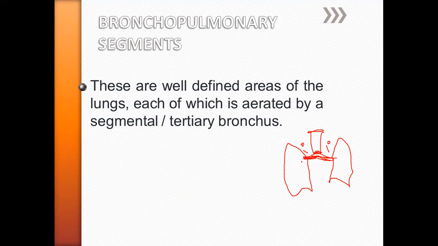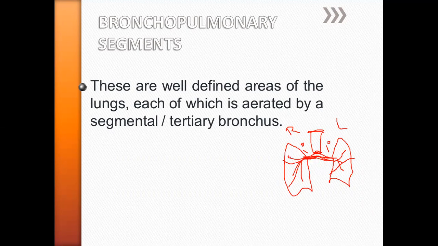That is our secondary bronchus. How many secondary bronchi? 3. Why on the right side 3 secondary? Why on the left side 2 secondary? Because we have 3 lobes on the right and 2 on the left. For each lobe, one. That's a major concept. For each lobe, one bronchus is given.